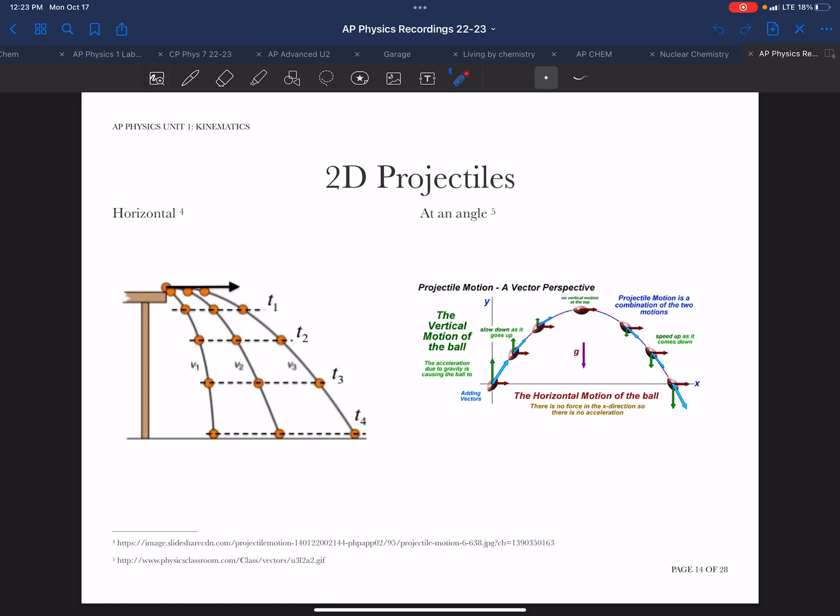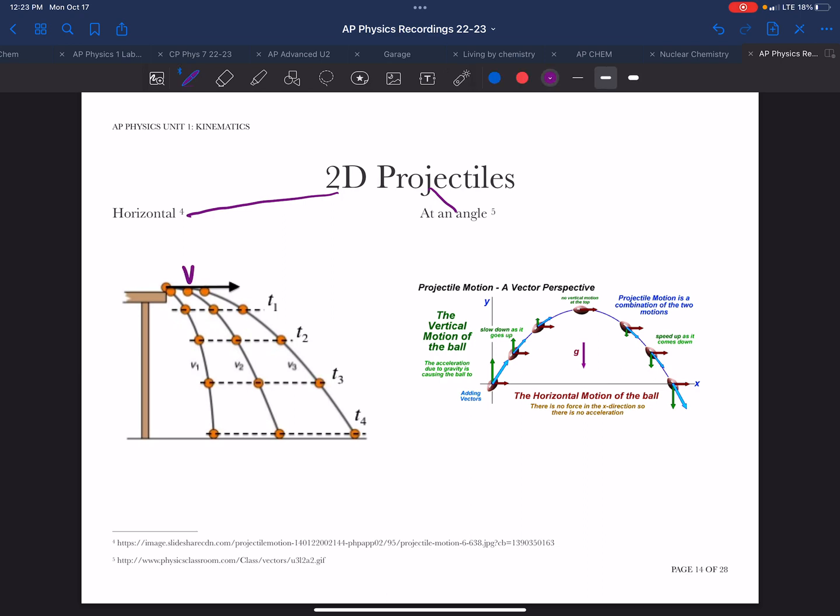Hello, in this installment we're going to look at two-dimensional projectiles. Two-dimensional projectiles really can be broken down into two types: a horizontal projectile and projectiles at an angle. Horizontal projectiles, we can think of them as very commonly coming off a cliff or a table, and they have